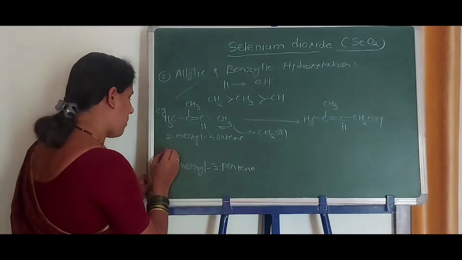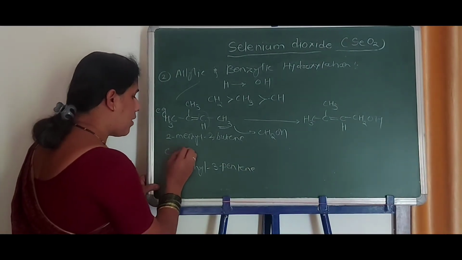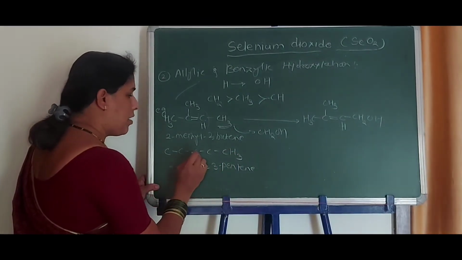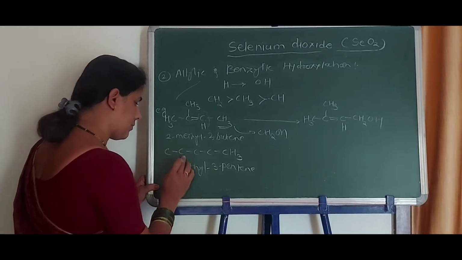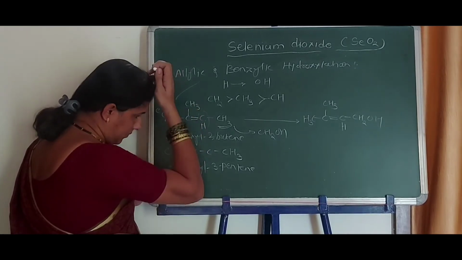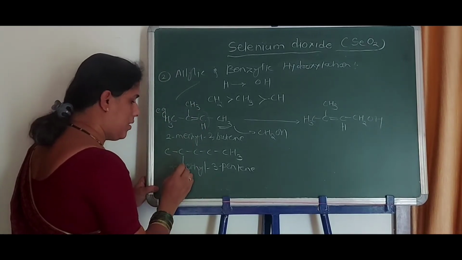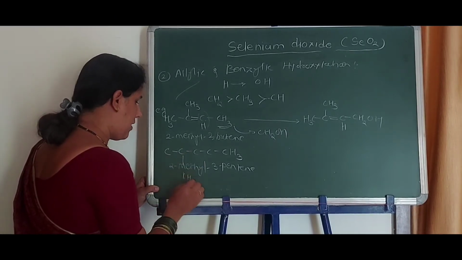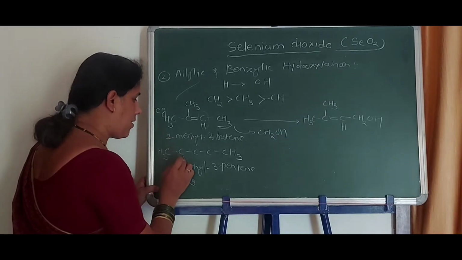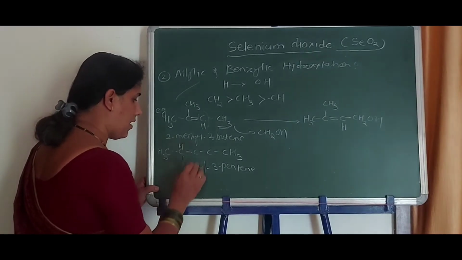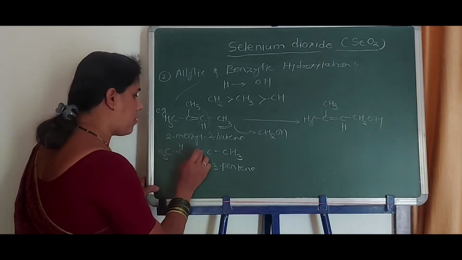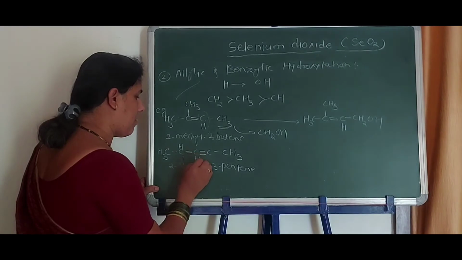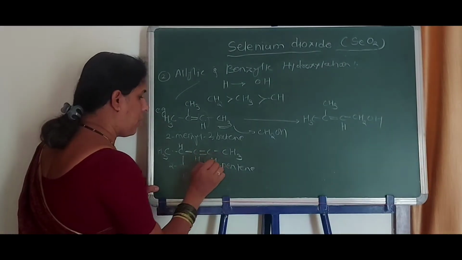For 2-methyl 3-pentene, what happens? We have to draw the 5 carbon atoms 1, 2, 3, 4, 5. Which position? The 2 position, that is 2-methyl: CH3 here, CH3, then 1, 2, CH. And 3-pentene, that is 1, 2, 3 here. This is a single bond. This is 1, 2, 3, here 4, here also 1, 2, 3, 4.